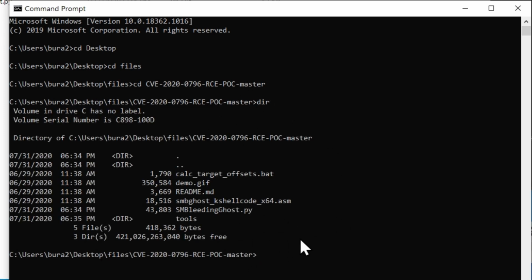What I'm going to do is run the exact same command that I ran previously on my Kali Linux machine, just this time I will be running it from my main Windows 10 machine. So the IP address of the target is first, then comes the IP address of the machine that is listening for the incoming connections. And this might sound confusing, but this is still the IP address of our Kali Linux